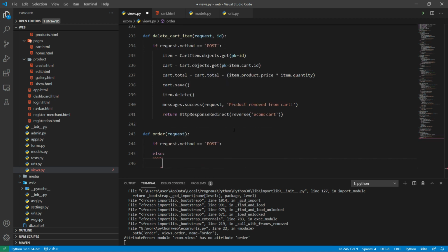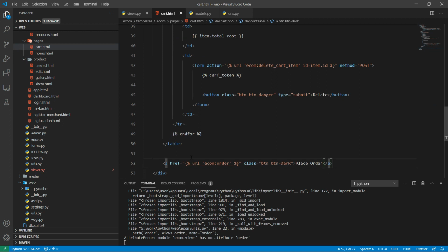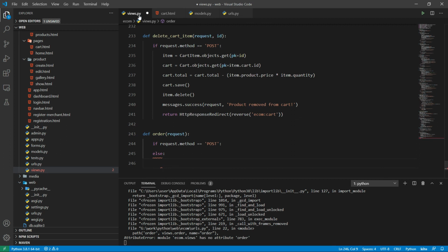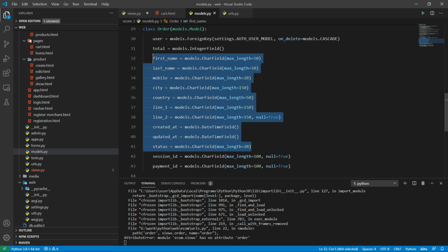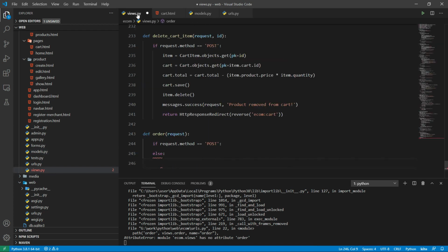So basically when someone clicks on this link, it will redirect the user to the /order path, and there the user will see a form, checkout form, that contains the fields of our order model. We will take a few of these fields and put them in a form called checkout form, and we will render that form into a template so that the user can fill that checkout form before proceeding to the payment part. So here inside the post method,